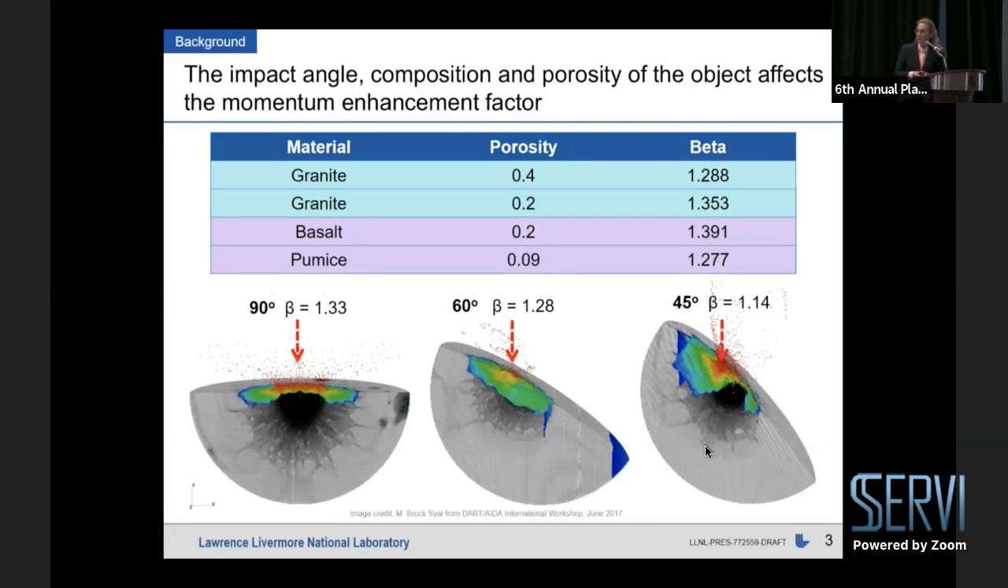Previous work from the DART IAA International Workshop back in June 2017 uncovered that beta is dependent on impact angle. So really what happens is that your resultant momentum vector is not in line with the direction of approach. In fact, it actually skews to be more in line with the normal of the surface of the object. And that's a very important result. And since 2017, more work has validated this result. Furthermore, most objects are spinning. So if your impactor hits a local slope, then you might not get as much push in the